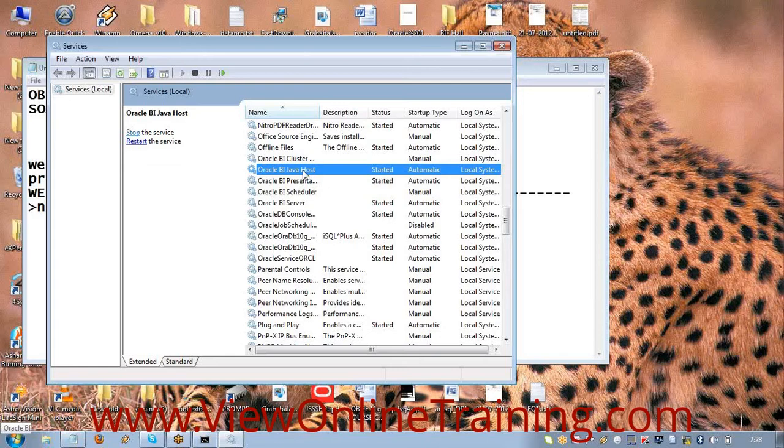So the first thing is that the Oracle BI Java host server hosts the required Java for all the services. And one more important thing is that all the graphics, images and charts are displayed only when the Java host server is running.